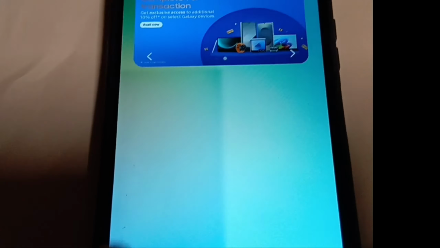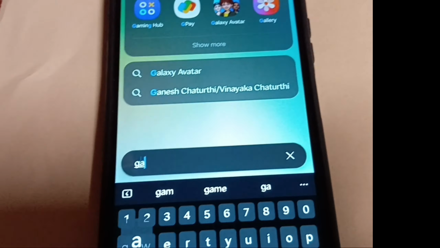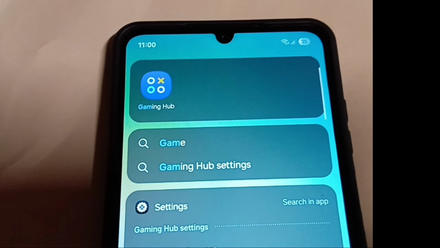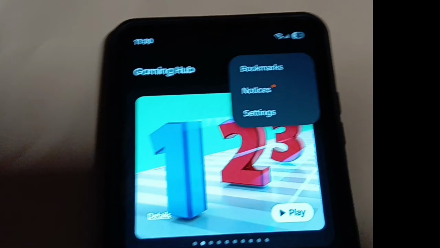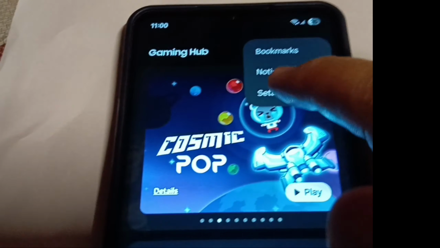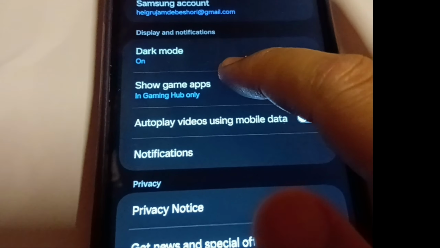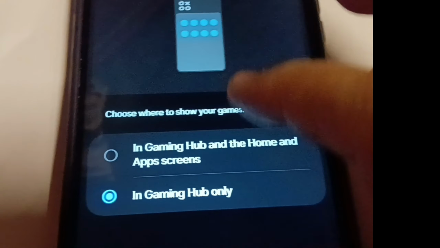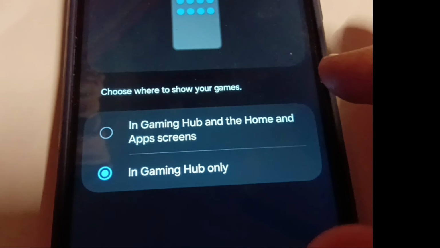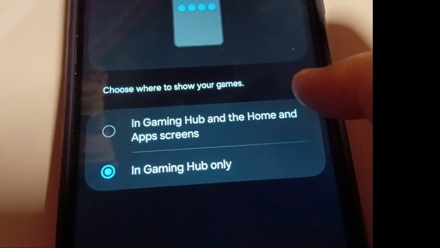To solve this problem, you have to go to the search bar, and in the search bar you have to type here "game", and you have to select this Gaming Hub, and you have to tap onto this three dots, then go to settings, and after this click on show game apps, and you have to select this in Gaming Hub and the home and app screen,